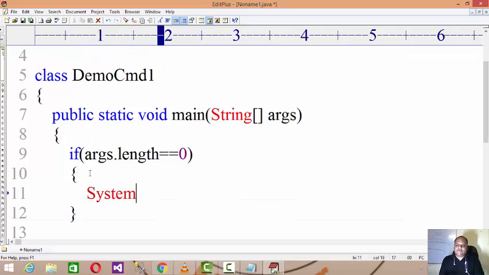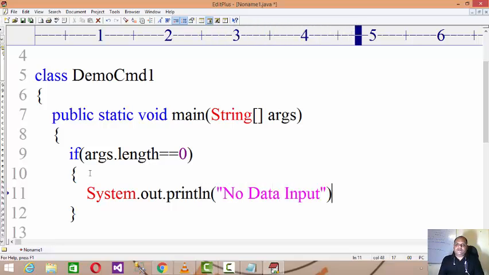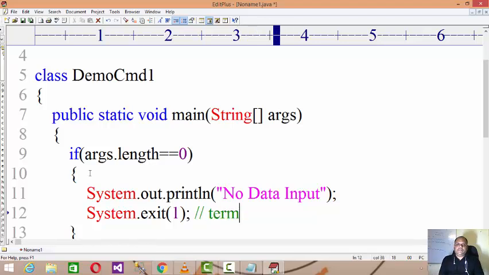So I can write System.out.println("no data input"), and hence we can terminate the application directly, because if there is no data input we cannot process. So System.exit(1) will terminate the program execution.